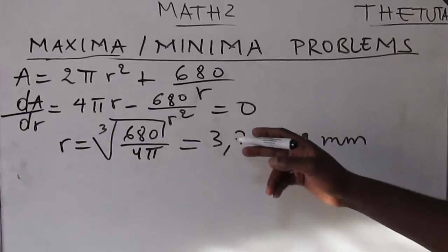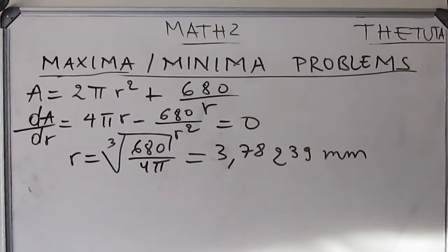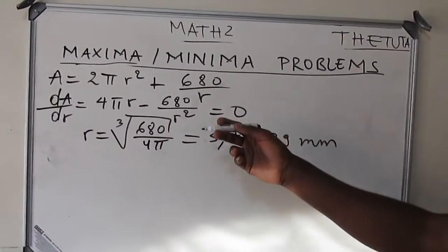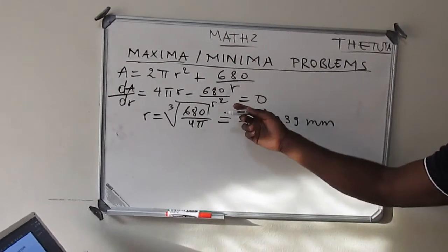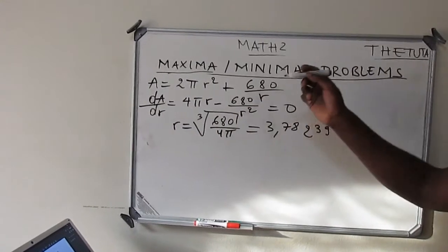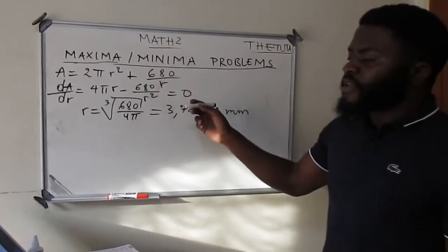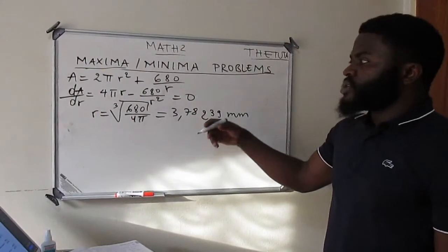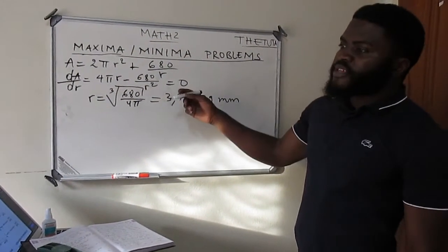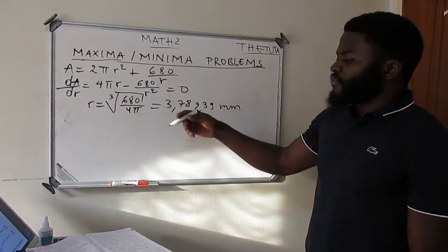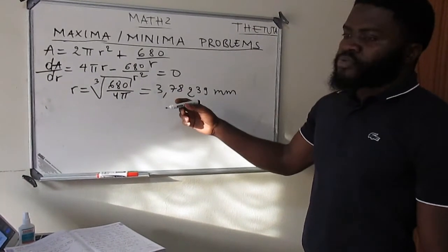As you can see, guys, with maxima and minima, there's not a lot of stuff to talk about here. What you need to know is the area and the volume formulas of a specific solid. Okay, you need to know them, and after that you will be able to do everything we just did here for any kind of problem that you come across. Okay, guys.